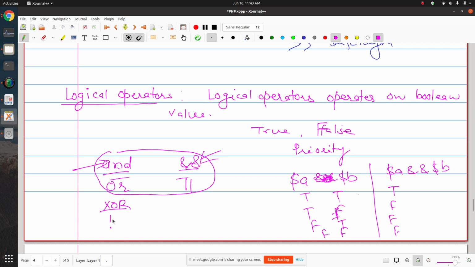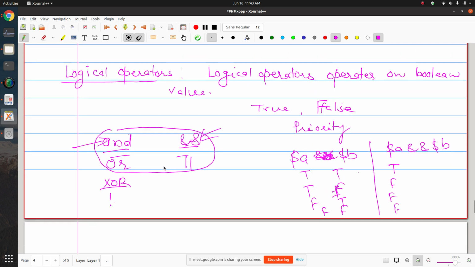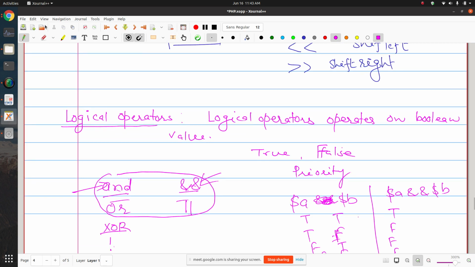And XOR operation और NOT operation के बारे में आप पहले से ही जानते हैं. What are the meaning of these operators? ठीक है. So generally these operators are used to combine the logical expressions in the control structures that we are going to study next. Okay, so these were the logical operations that you have in PHP.